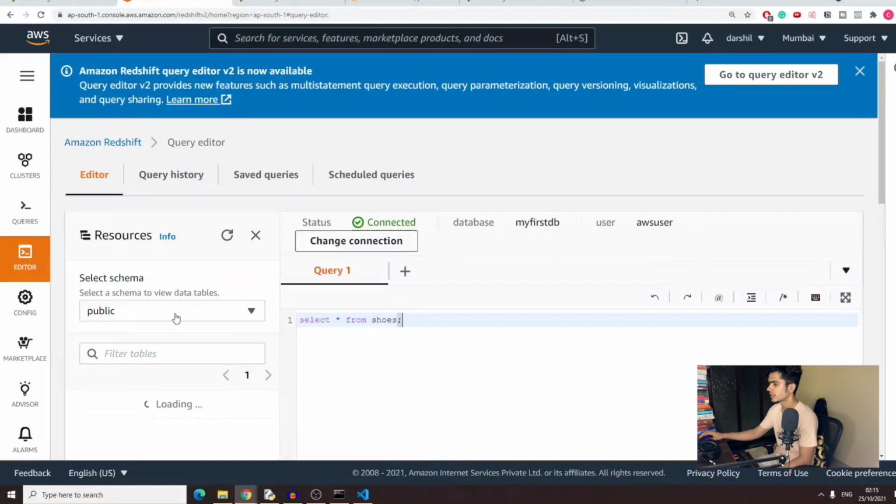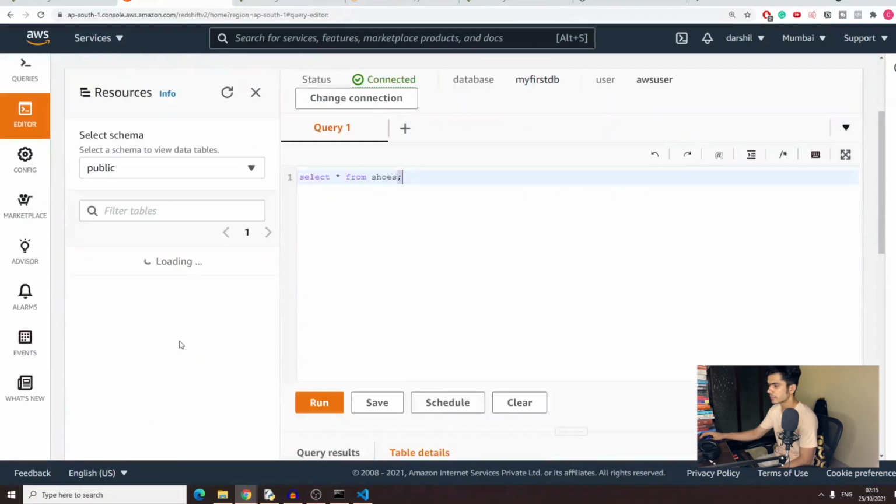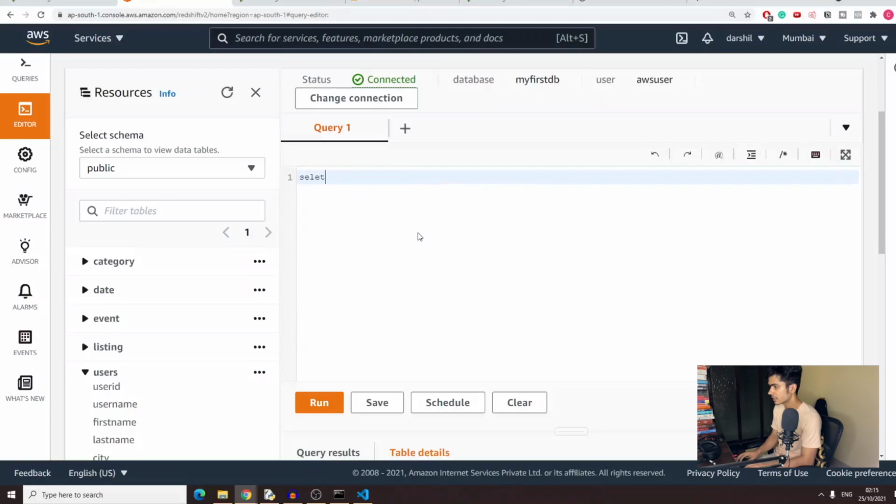Then over here you should be able to see the tables. What was the table name? Users, okay, this was the user table. So select star from users and run it.